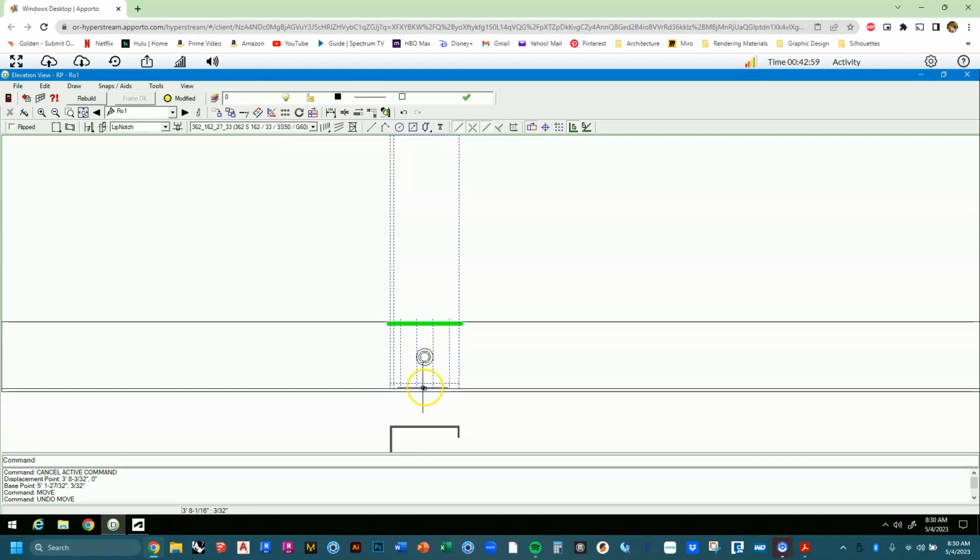Let's see what happens if I take that stick and extend it a little bit. So this is the situation that it's talking about, is that if for some weird reason the stick that you're moving goes past BP1, it's going to have to create some notches within this stick to allow this to occur. And what it's telling us to do is just to make sure to use the trim command to shore this up. We don't want this to be that long. So if I use the trim command,